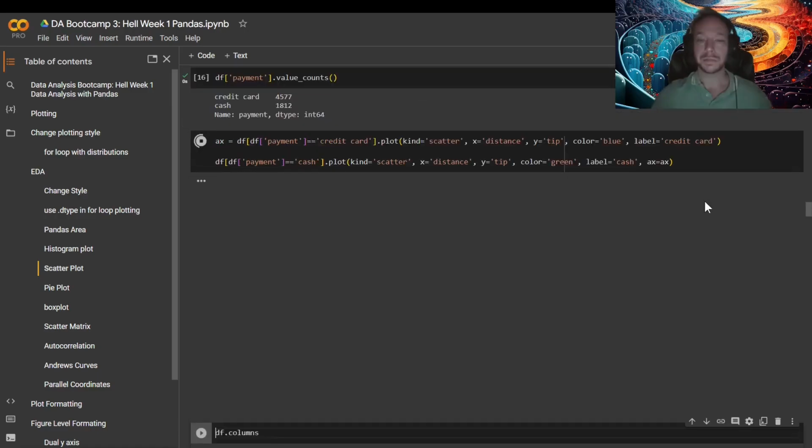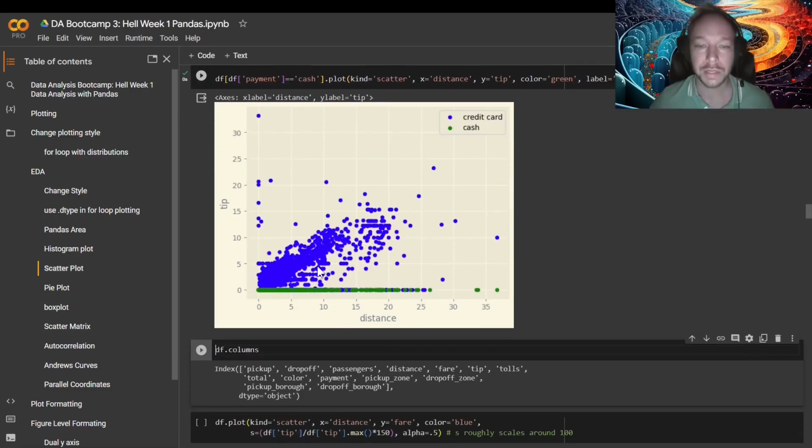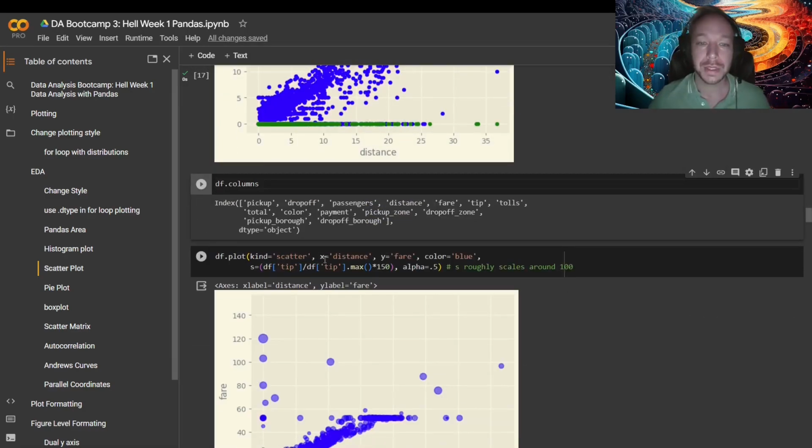And you can see it's very interesting that the people that didn't tip were the ones that paid in cash. I don't think we're getting paid in cash as a taxi driver for sure. So we can see here,